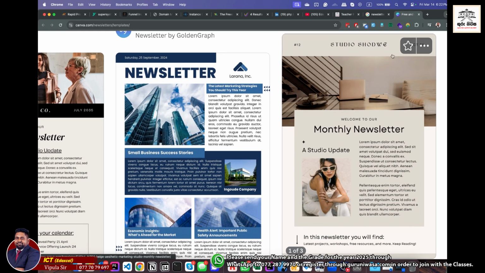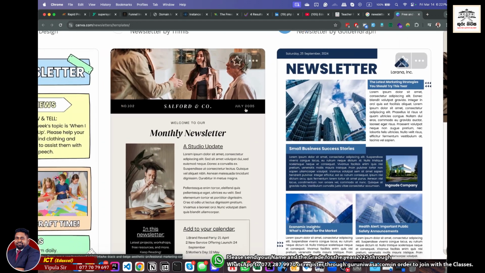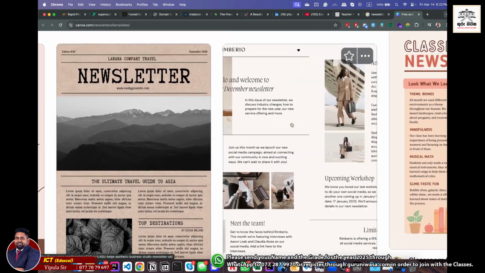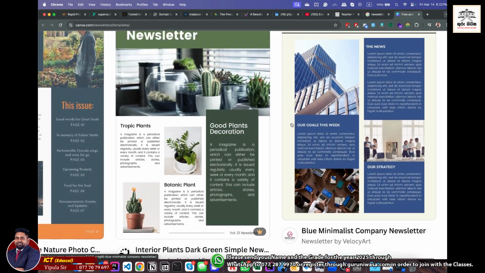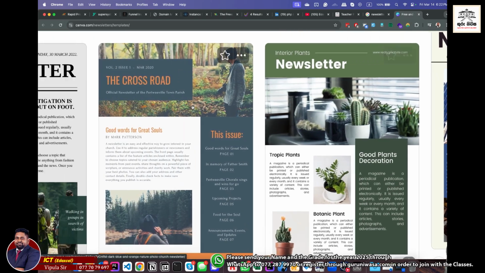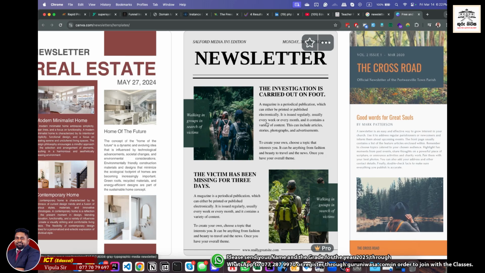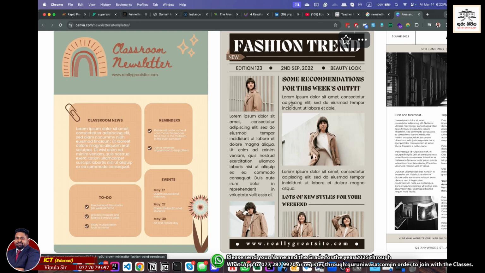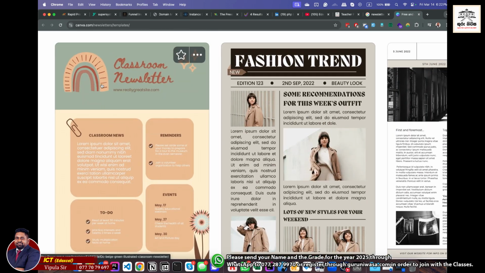See, so you have a title, you have the information, you have the details, and likewise. Okay, so the challenge is about how to find the correct template to match the correct audience. You can see now this is a more professional template, and this is kind of an old school type of template, and this is a typical news type of template, as well as here we have some fashion. So it has some nice custom text and a date and a time, and here's another newsletter